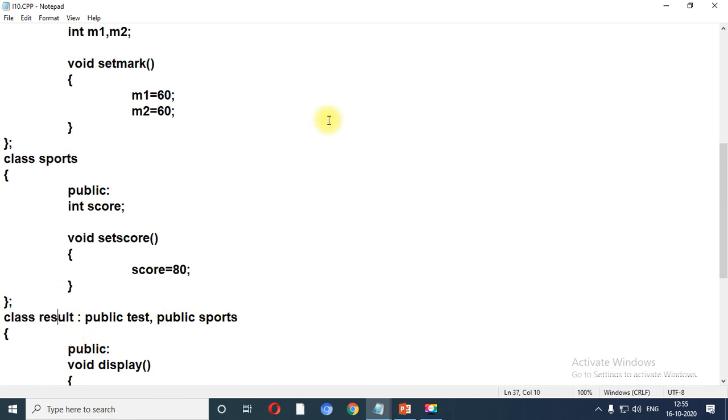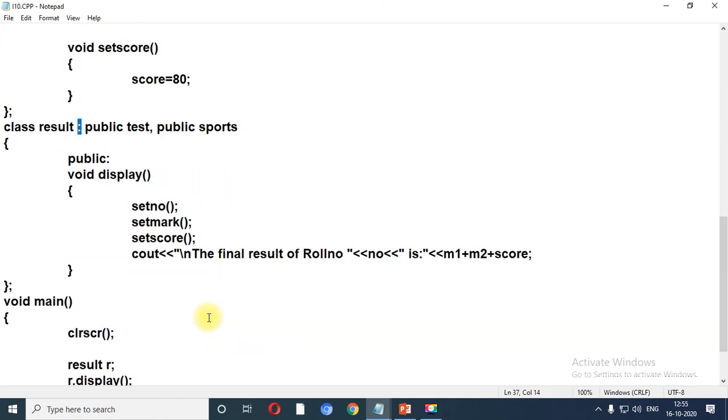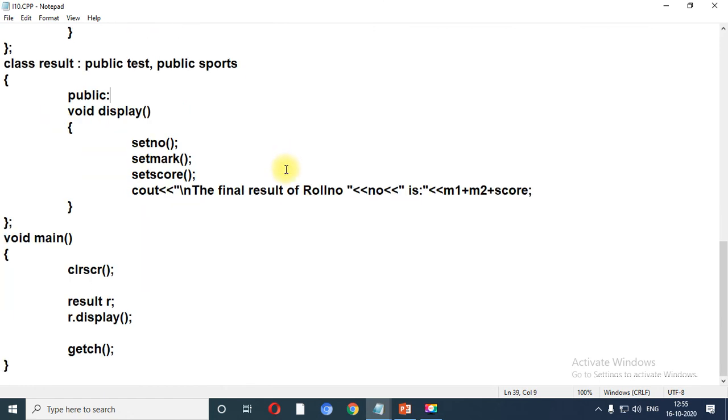So test plus sports make result class. So that is the combination of multi-level plus multiple inheritance. By combining those two concepts, hybrid inheritance occurs, but this is not the example of complete hybrid inheritance. Let me scroll down the program so that you can write in the journal.